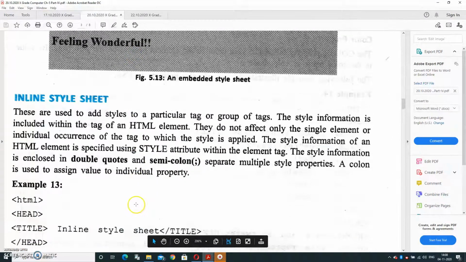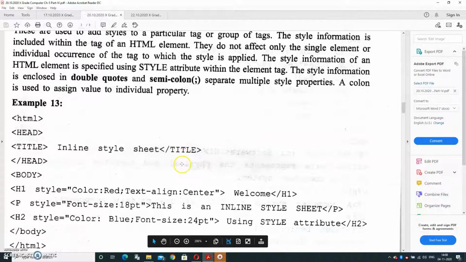Next is the inline style sheet. These are used to add styles to a particular tag or group of tags. The style information is included within the tag of an HTML element. They affect only the single element, the individual occurrence of the tag to which the style is applied. And the style information on an HTML element is specified using the style attribute. It is written in double quotes, and a semicolon is there. Like